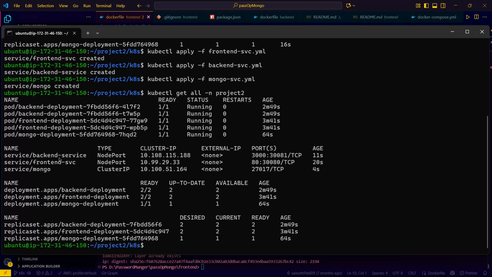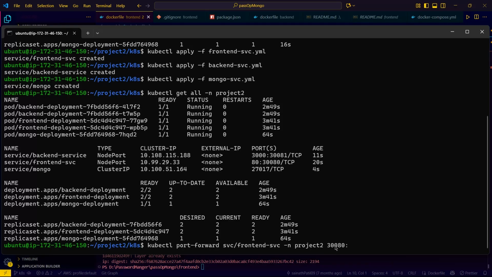And now our two services, frontend and backend, are of type NodePort. Since they are NodePort, we need to port forward them so that users can access them. So how to port forward that? kubectl port-forward svc, the service, short name is svc, and then use this name in the namespace project-2, and at which port this is exposed, that is port 30080. So that is what we need to give here, 30080 colon